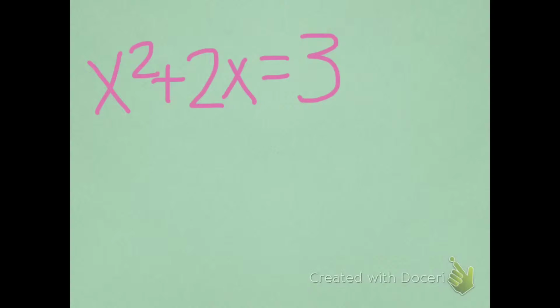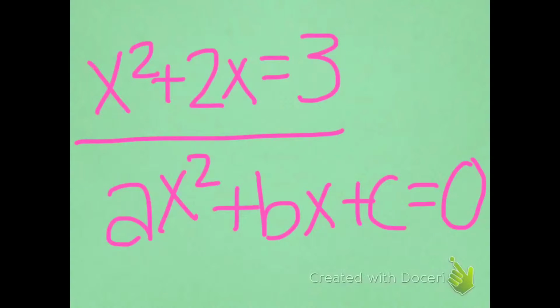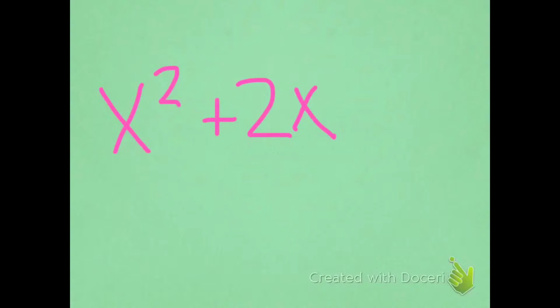As you can see, the general form is ax squared plus bx plus c equals 0. This equation does not equal this, so what we will have to do is subtract 3 from both sides to change it all into x squared plus 2x minus 3 equals 0. So it could still have the x squared plus bx plus c